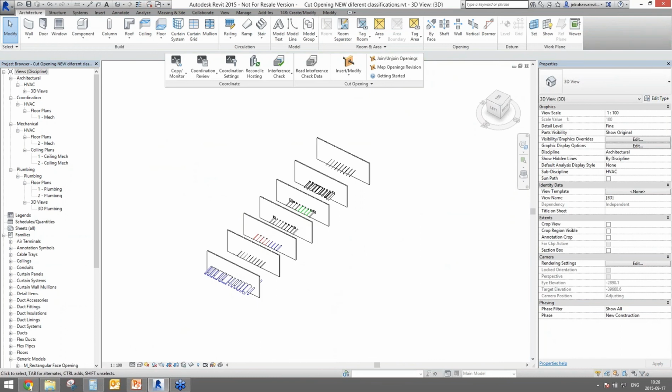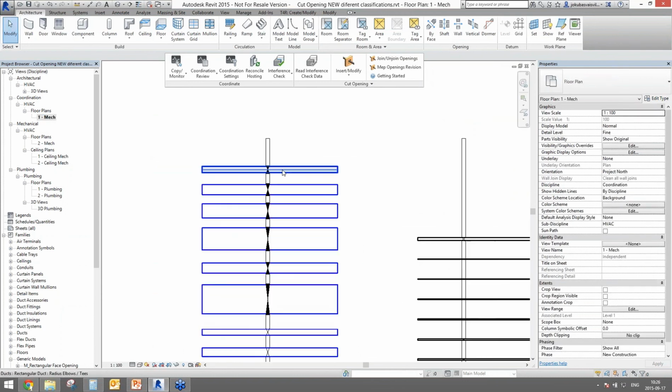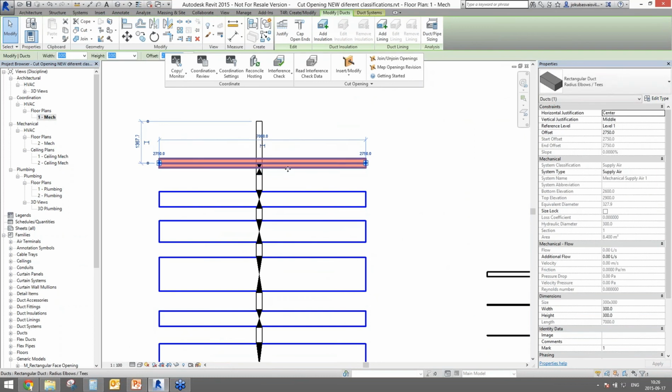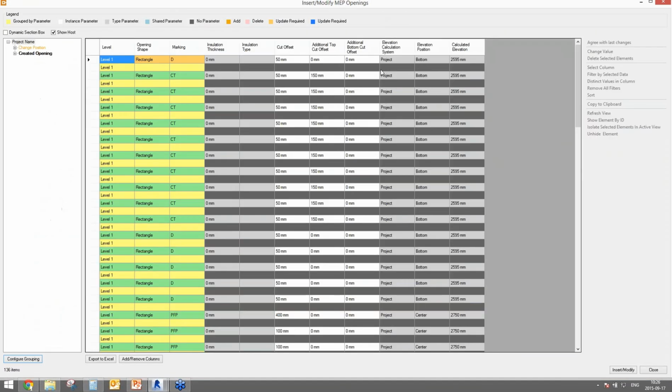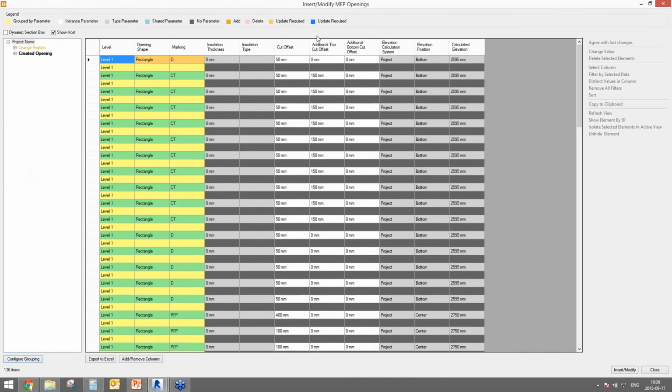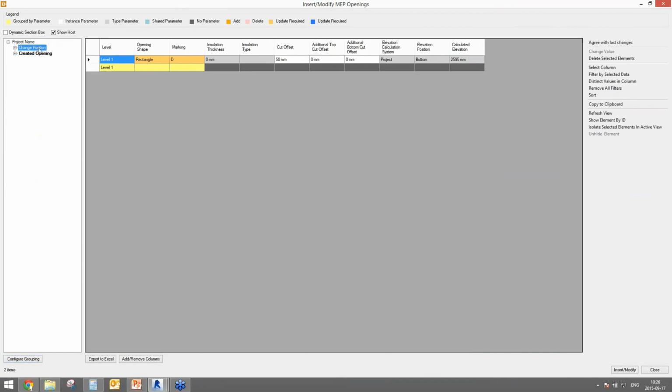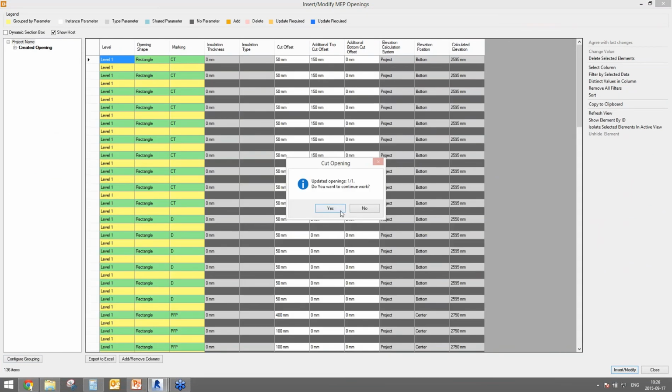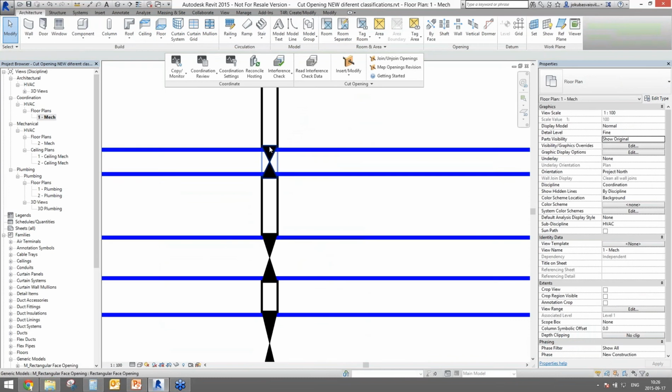So after the openings are inserted, still they are flexible, and if I will do some changes for my project, I can find that those changes in a cut opening by clicking on a map, opening revision. So you can find that some openings change position, and we can insert or modify, update those openings, and you can find that the opening again pops into the needed place after the movement of structural element or after the